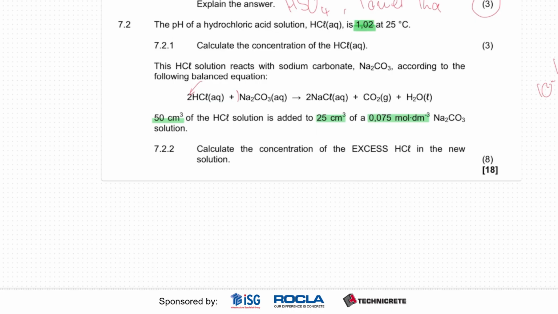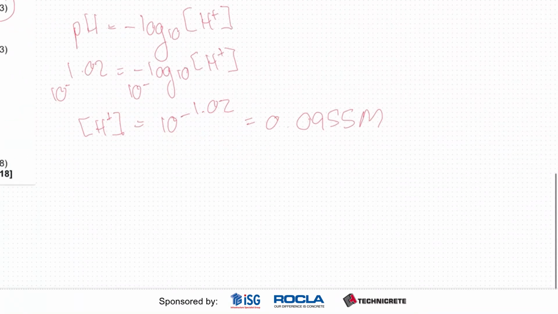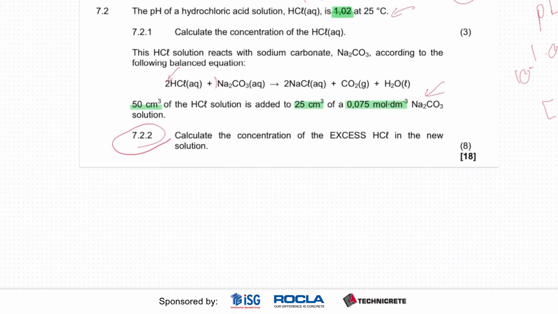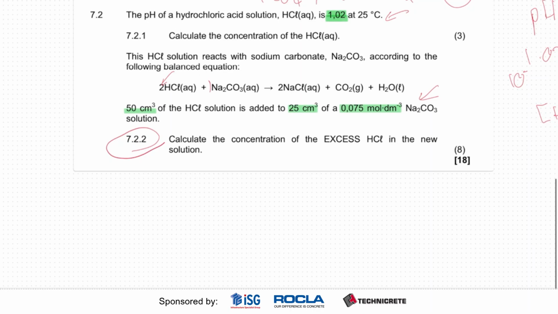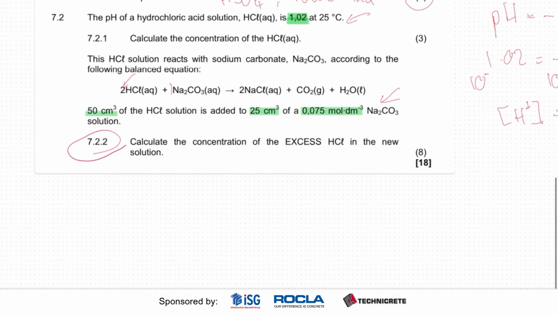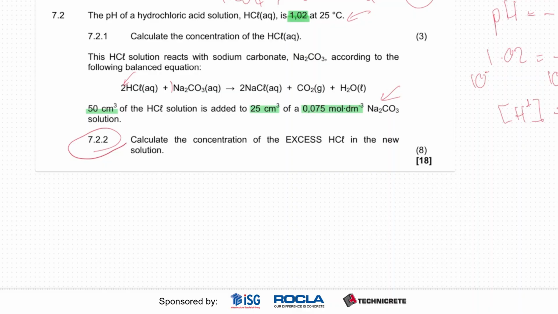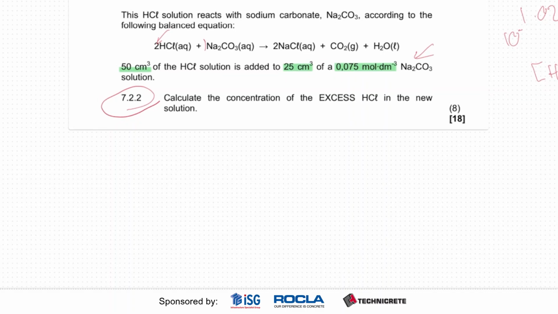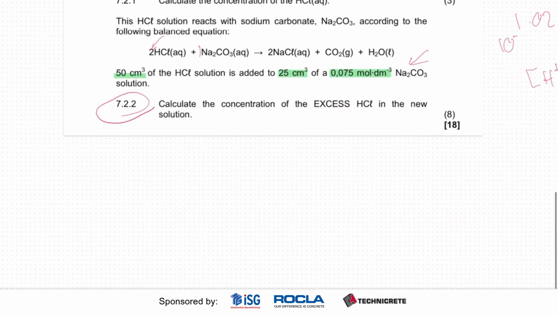Okay, so now we can look at the second part of the question. This information is for the second part. For the first part, you just need to know the pH and you can work back the concentration of HCl. Okay, good. So let's go to the second part of the question. Calculate the concentration of the excess HCl in the new solution. Okay, tricky question. So let's calculate, well, we had already done it, but we might as well just